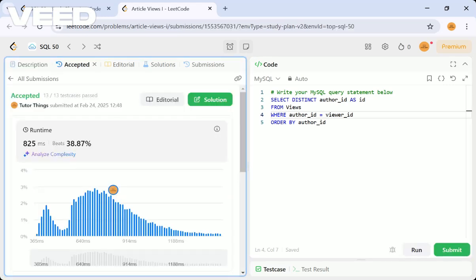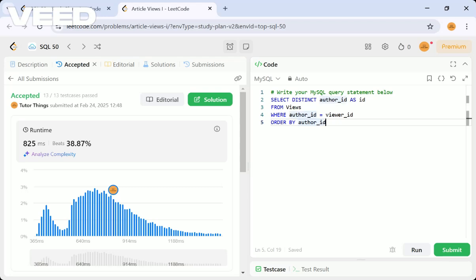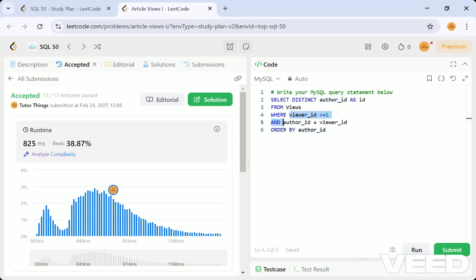Actually this is the only correct format. If you write it like this it is also fine, because the id of a person is always a positive number, so this will also work. You understood, right? But you should not think of viewer id as a count. It is an id of a person, which can be a positive number.